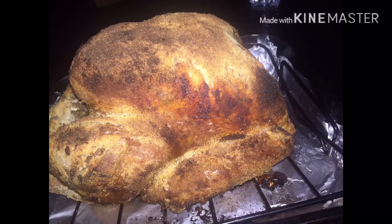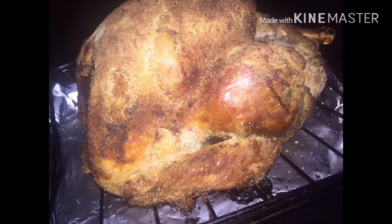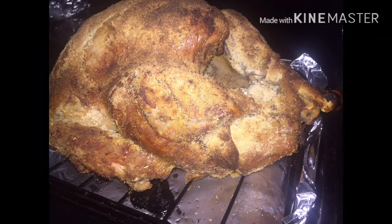Don't cover the turkey back once you add the breadcrumbs, because you will just have one mushy mess. And remember, it's an oven fried turkey, so therefore you're going to leave it uncovered and let it form that crust with the breadcrumbs. And that is how I made my